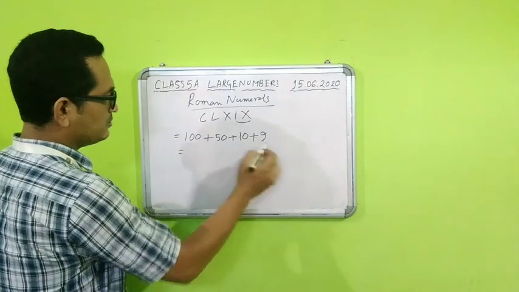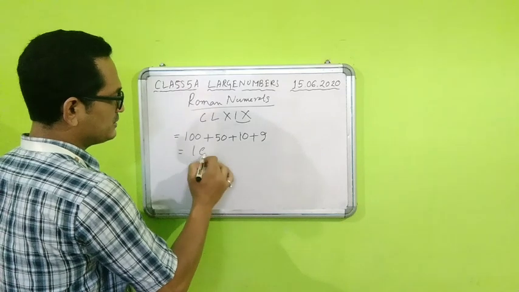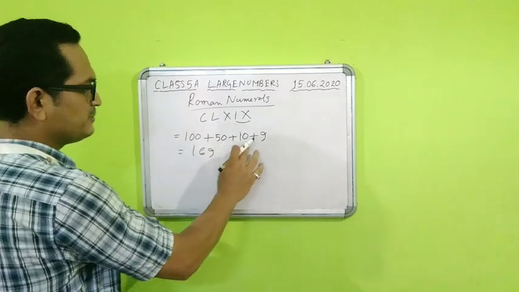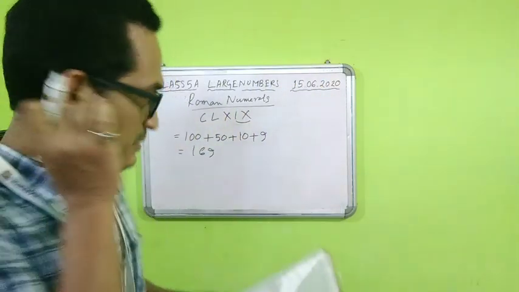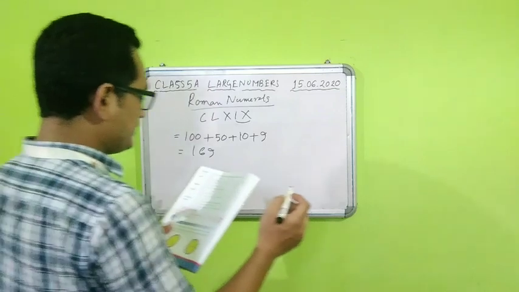So now you need to add all this. That means it will be how much? It will be 169, because 50 plus 10 is 60, plus 9 is 69, so 100 plus 69 will be 169. The next example they have given is